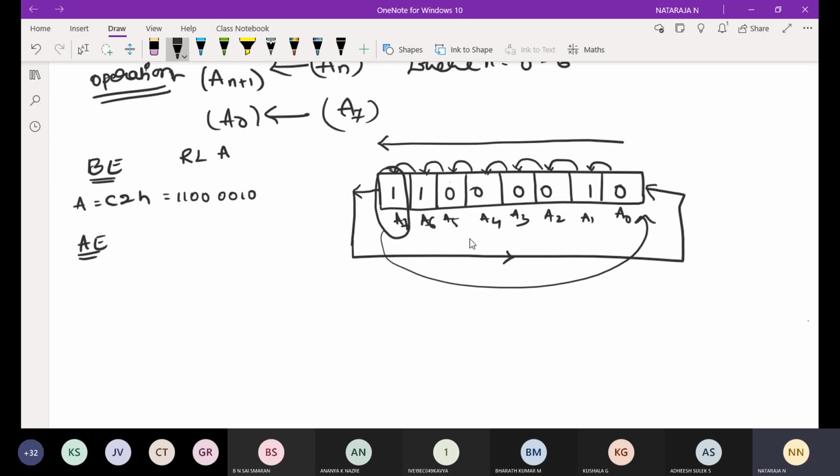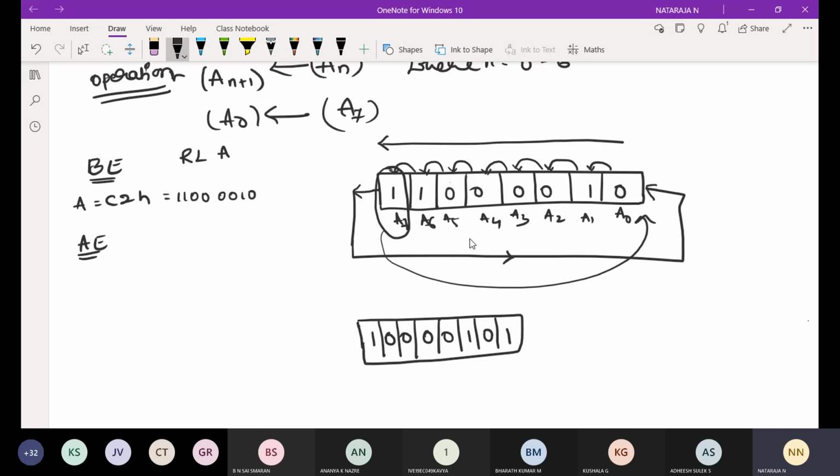Means your data left out, you don't take this first. You consider all 7 bits, that will be 1, 0, 0, 0, 0, 1, 0, and this one will be moving towards last. Like this, it will be going to move in your accumulator. See here, initially we have 1, 1, 0, 0, 0, 0, 1, 0.